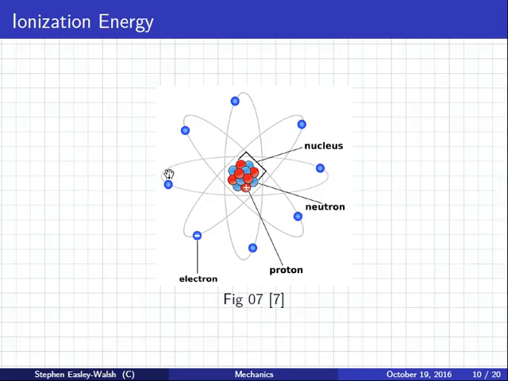There is some energy at play here. The electron doesn't just sit there. You have to free it. You have to give it energy. So there's ionization energy. Next,